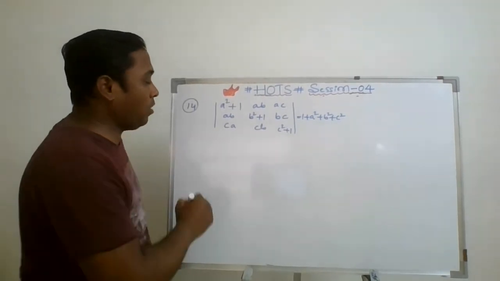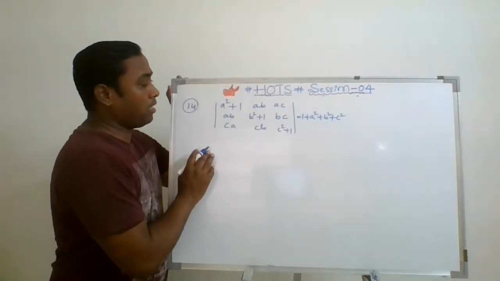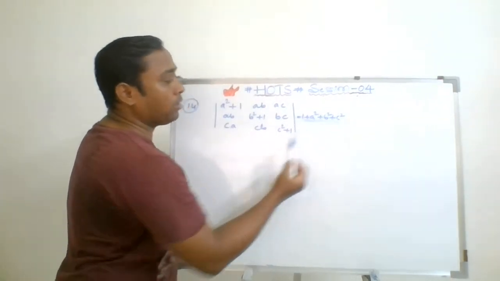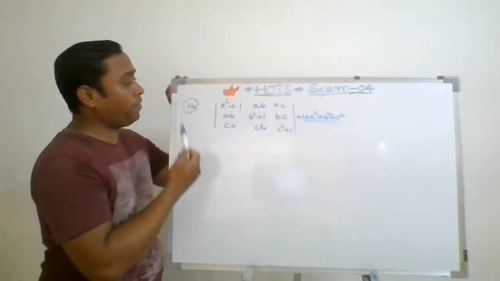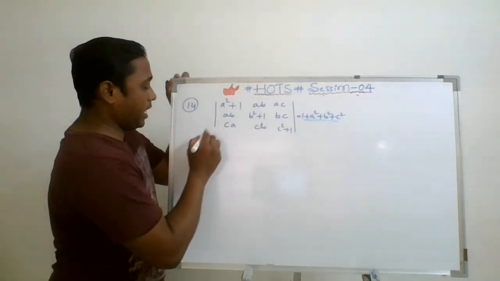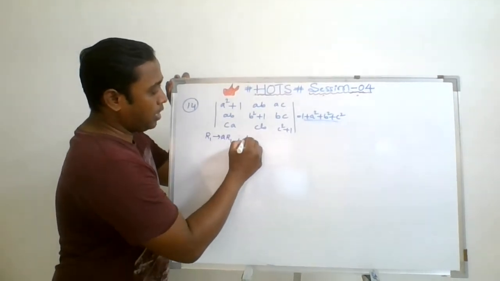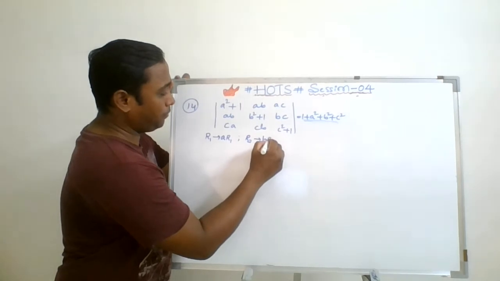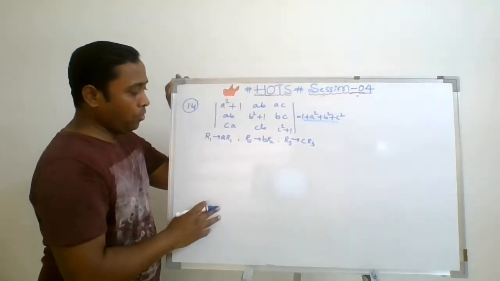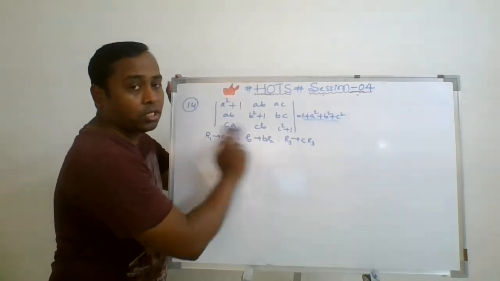So, if I think logically, if I do some modification in such a manner that at least I will be able to get this factor as a common factor from the determinant, for that, what I am doing, see, simply, first I am multiplying row 1 with a, row 2 with b, and row 3 with c. I am multiplying the first row by a, the second row by b, and the third row by c.